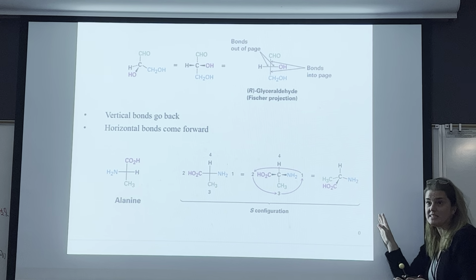So in case you needed to see it again, let's see, we've got this like this. So our green and our red are going back, and our blue and our yellow are coming out at you. You all right with that, friends? So this is the same thing. I just got to turn my molecule around like that. And see, I didn't break any bonds. I didn't make any bonds. I just twisted my molecule around, which happens in your beaker and your test tube. As long as you're not breaking any bonds or making any bonds, you get the same thing.